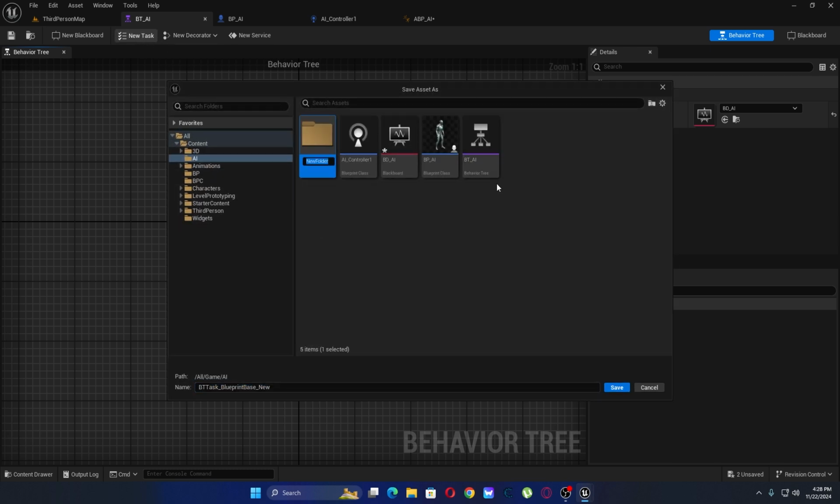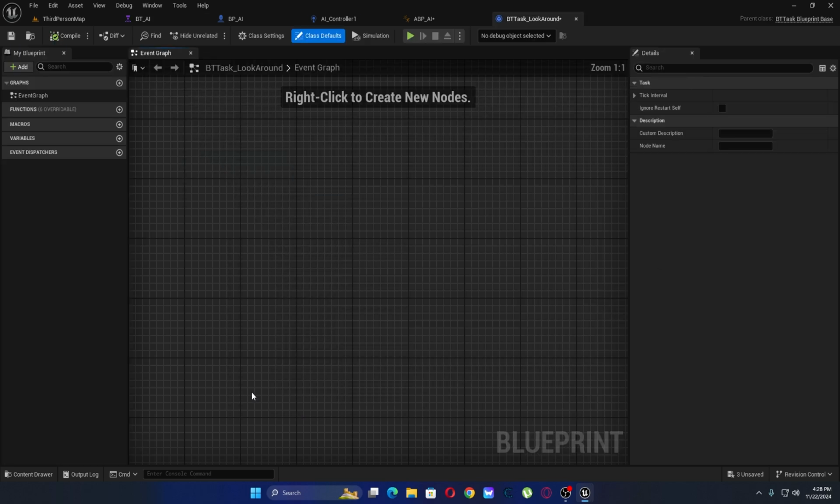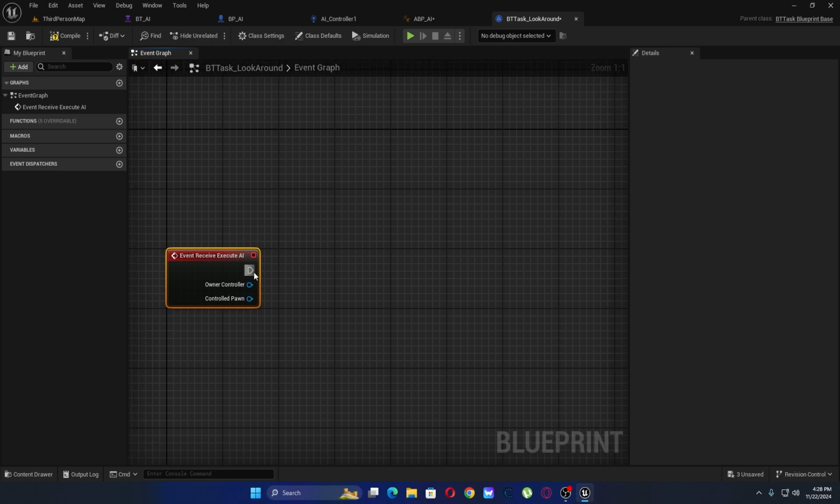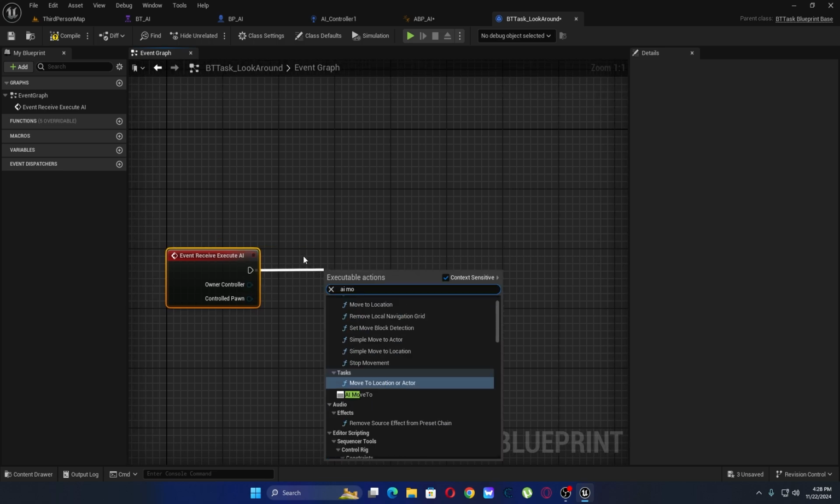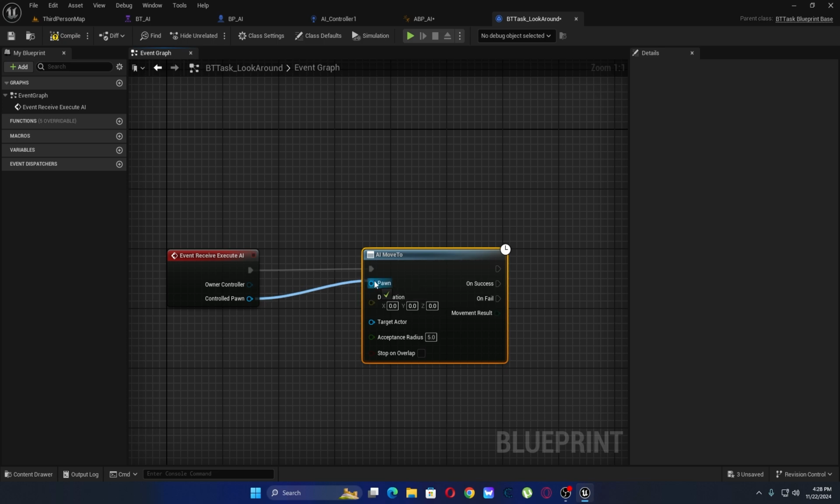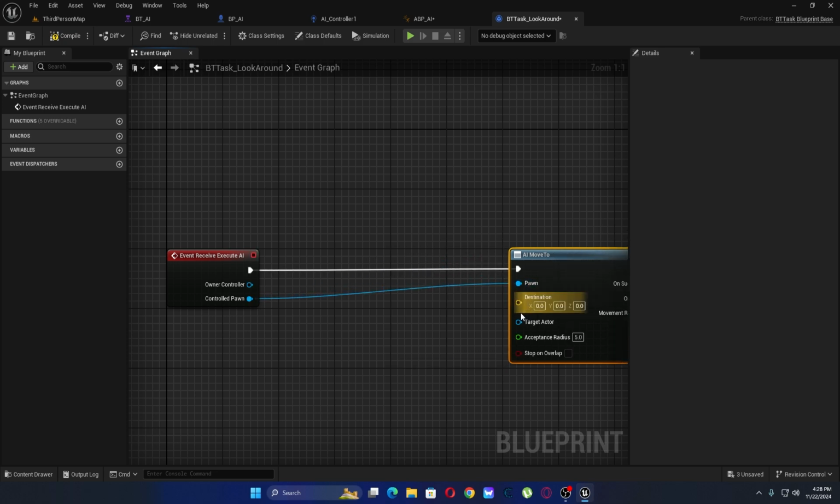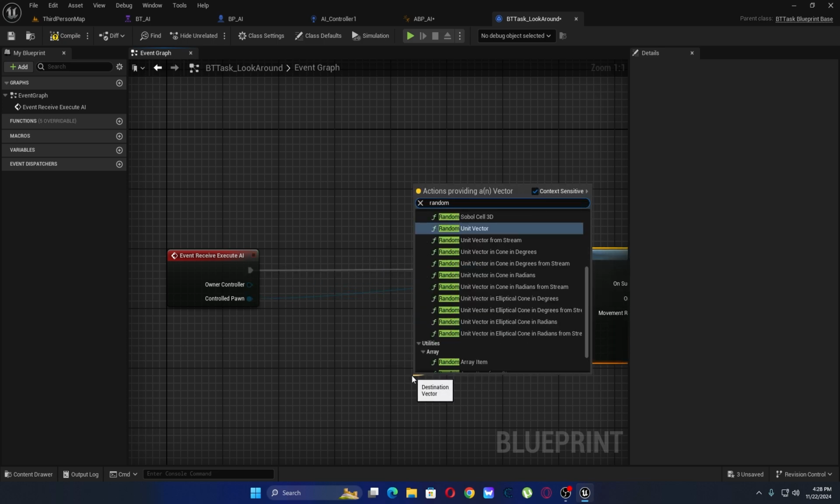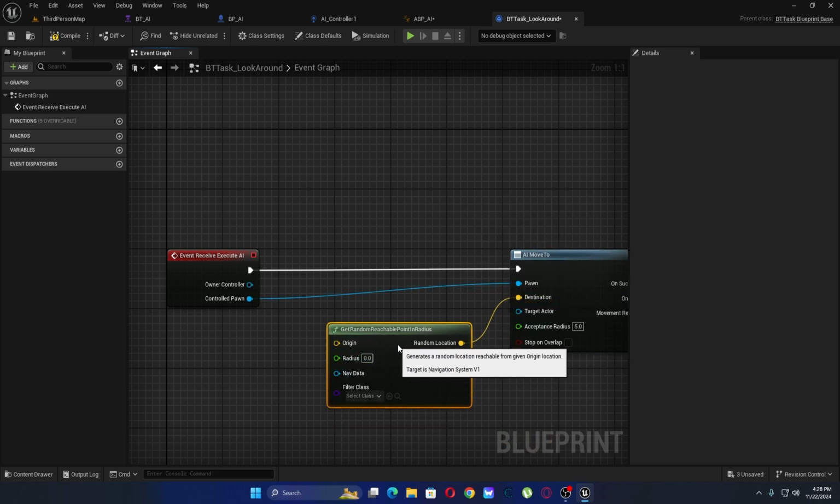Where I'm gonna create here a new folder called tasks, and I'm just gonna say BT task, which is gonna be like look around. We want to override function receive execute AI. Then we want to say AI move to, the controlled pawn is gonna be moving, and we want to say random reachable point in radius,